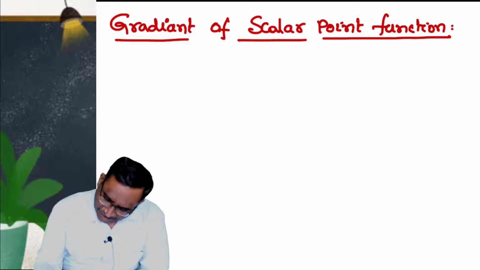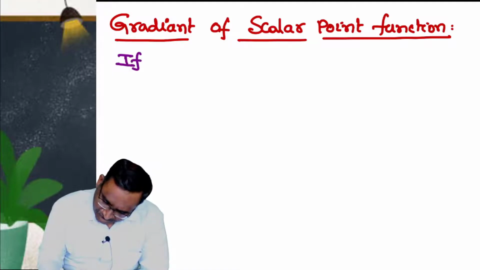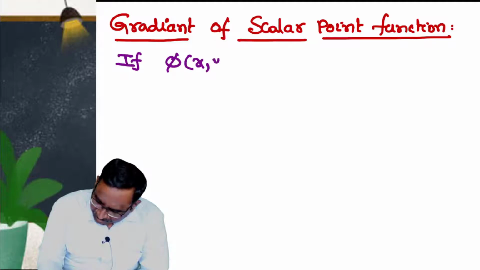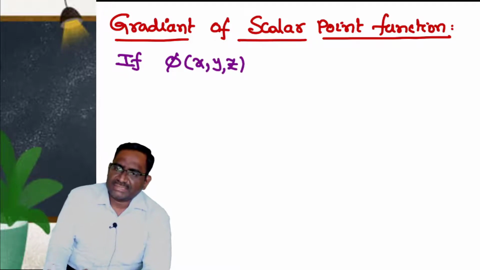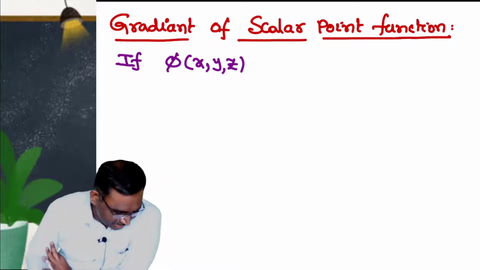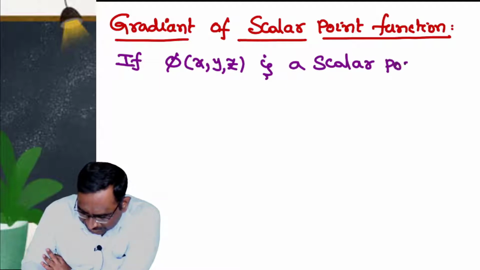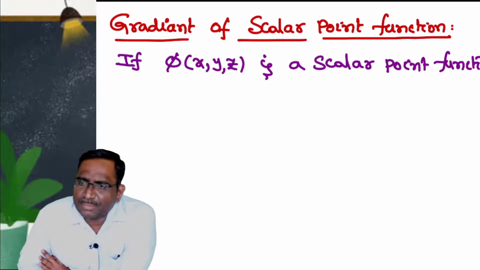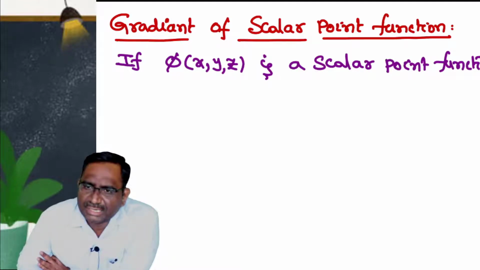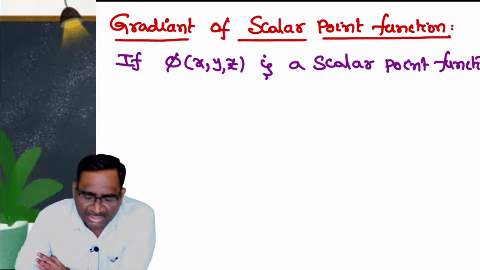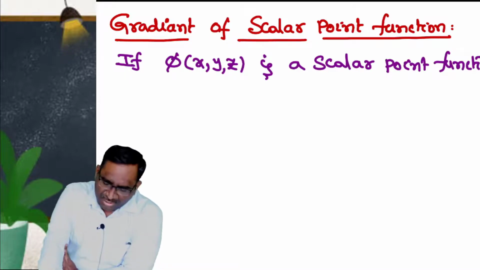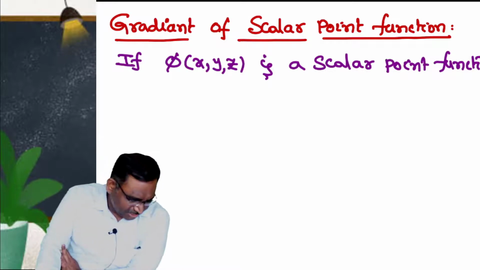If phi of x, y, z is a scalar point function, so crudely, whenever we are taking a scalar point function, that function does not involve any vector i bar, j bar and k bar. So, if phi of x, y, z is a scalar point function